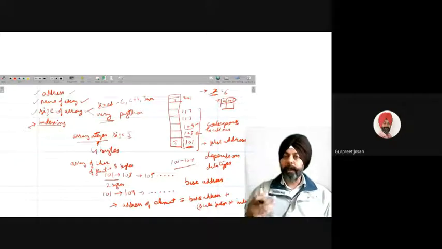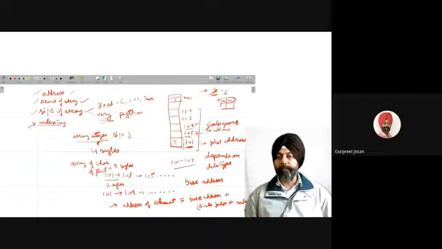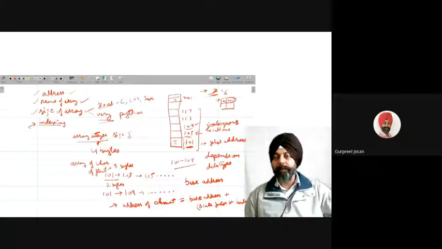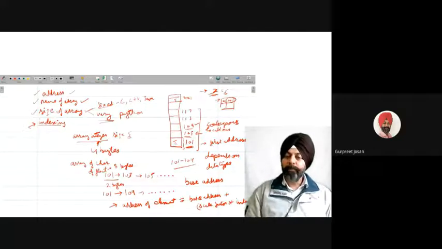I can refer by providing a number. That number says I want to access the first element, second element, third element, fourth element, and so on. This number is called the index, and the index starts from 0: 0, 1, 2, 3, 4.